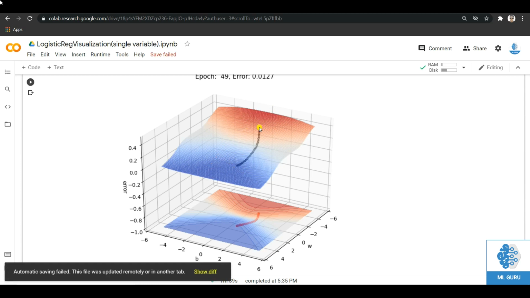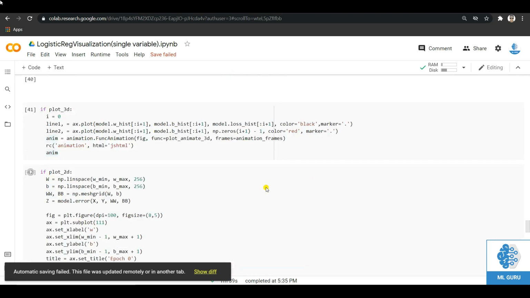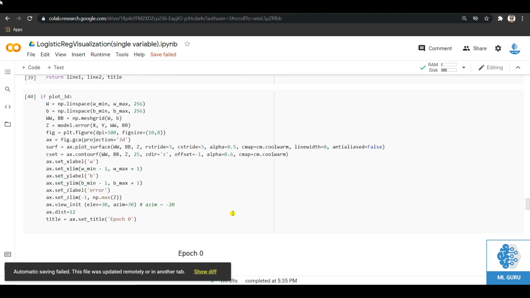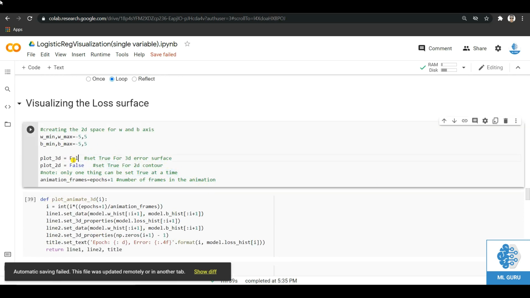So as you can see, we started with w equal to -2 and b equal to 1 over here, and then it converges towards this blue region. Also, below you can see the 2D plot. We will be visualizing the 2D plot separately. So what we will do is set this 3D plot to false.